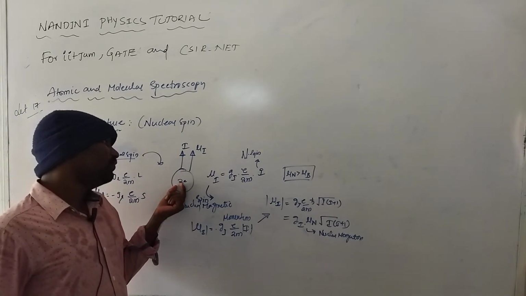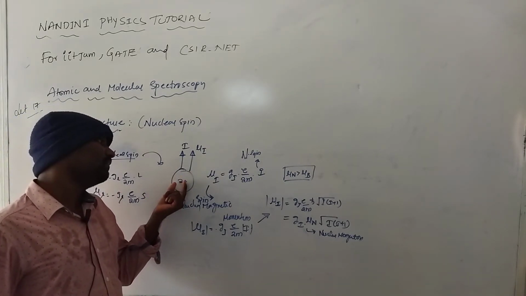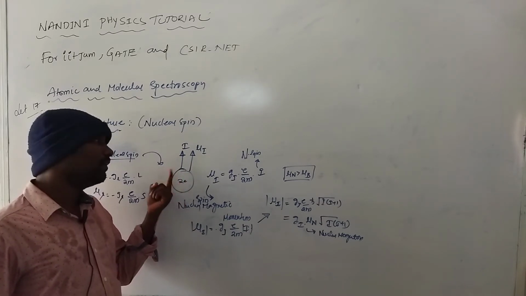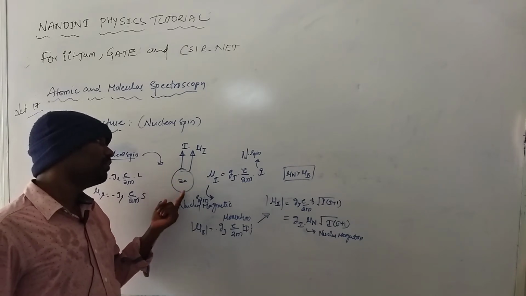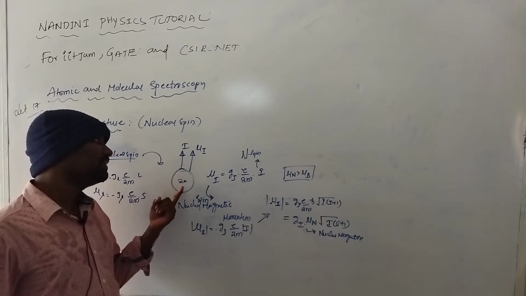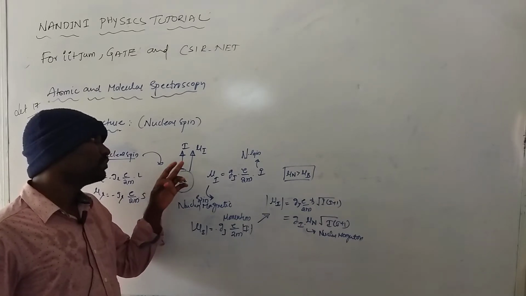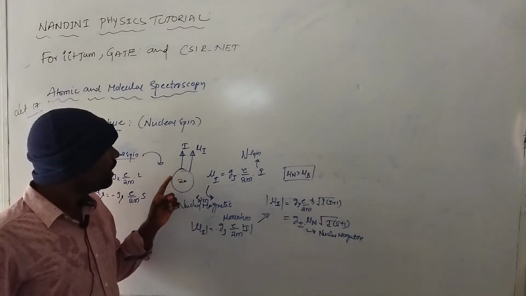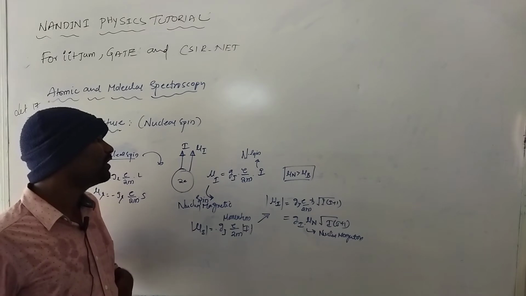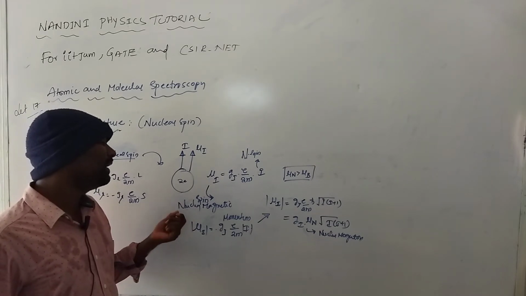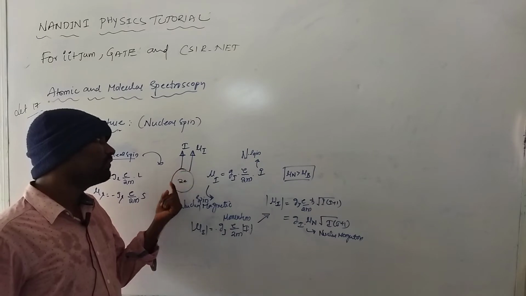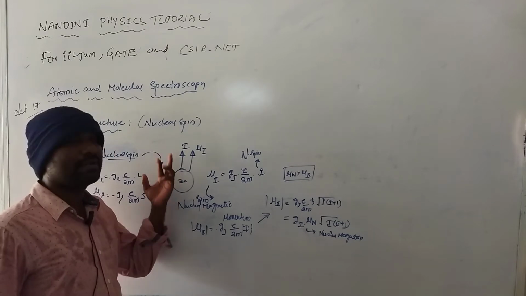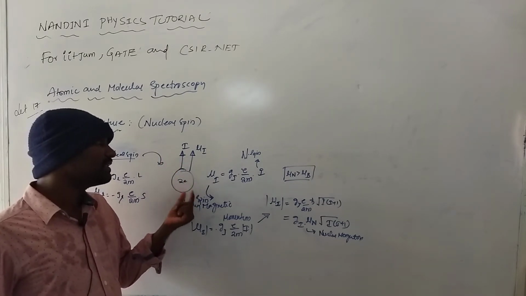the center of the nucleus is the proton. Consider this is a nucleus having charge Ze, and suppose the proton has some spin. That spin is represented by capital I, and it is nothing but nuclear spin. This nuclear spin also produces a nuclear spin magnetic moment, which is always parallel to the spin direction, because the proton is positive, so it has the same direction. Finally they create a magnetic moment.